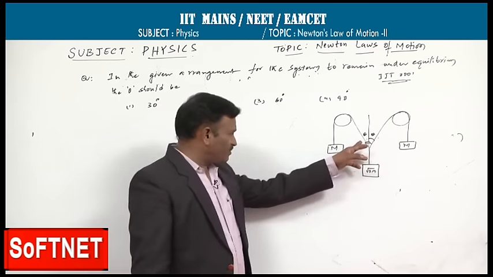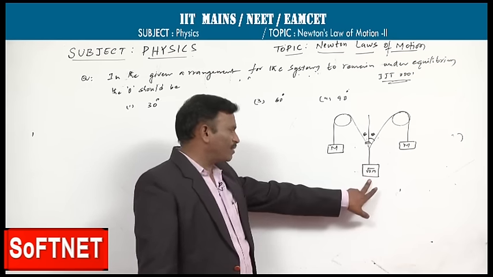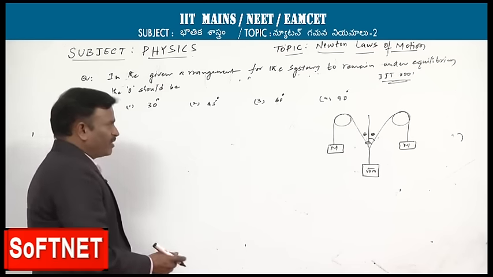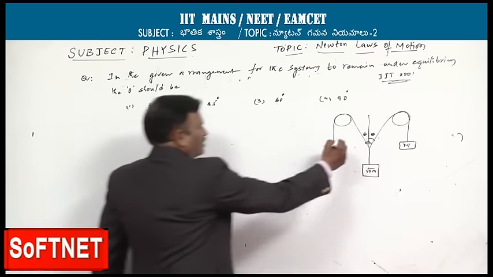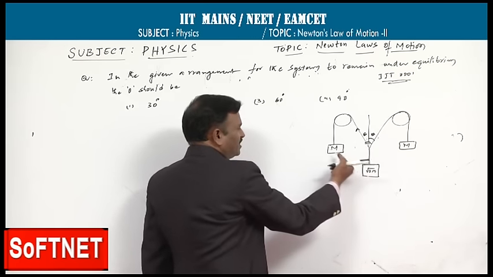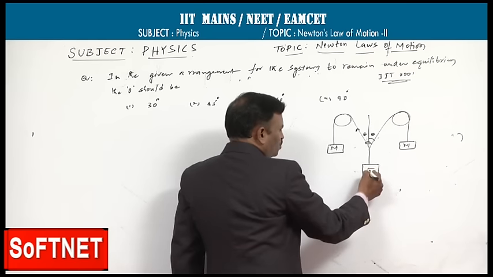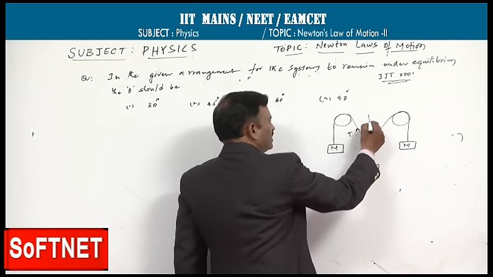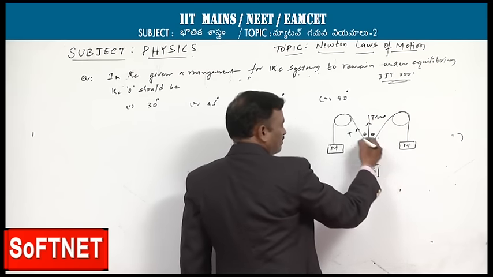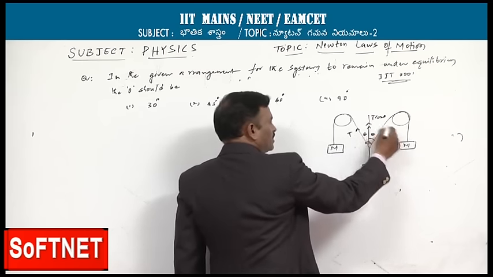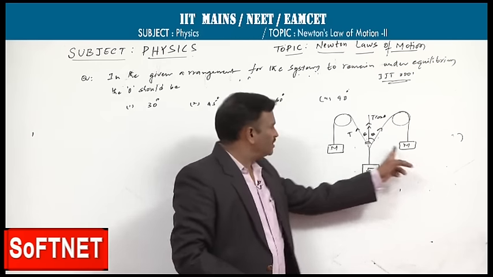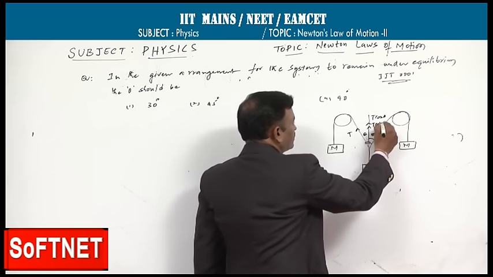What might be the theta for which the system will remain in equilibrium? Let us find out. Here, these two pulleys are frictionless, and root 2m is attached here, with m and m on the sides. Where root 2m acts here, tension T acts in the upward direction as T cos theta. Here also T is acting because of the right side m weight, so this is also T cos theta.